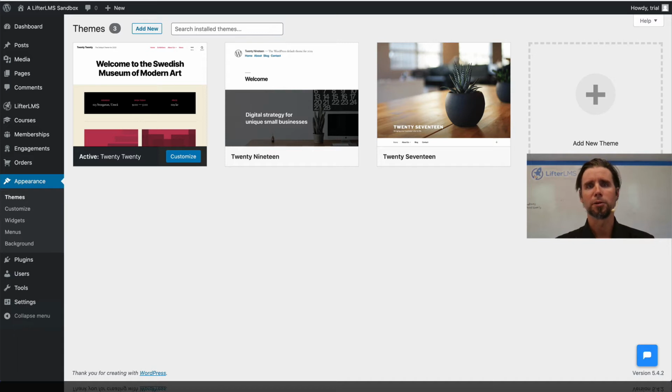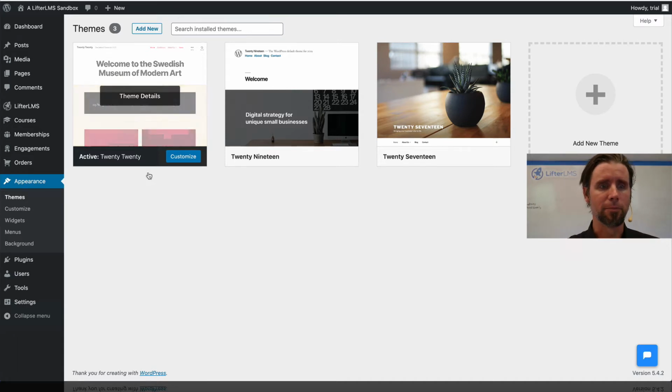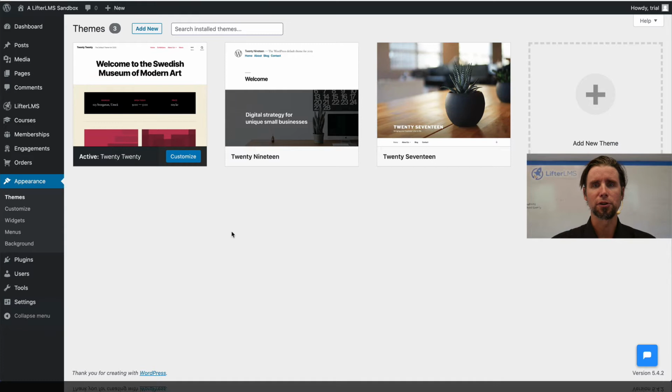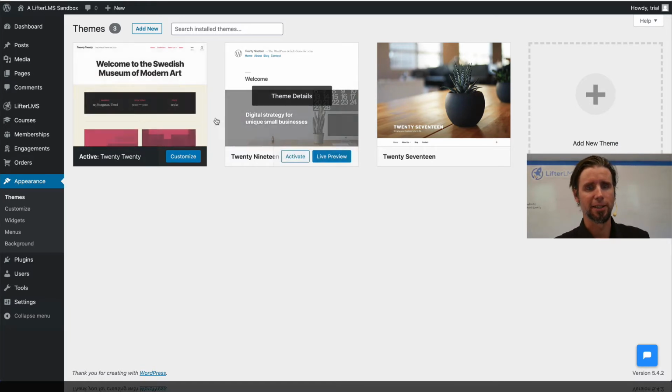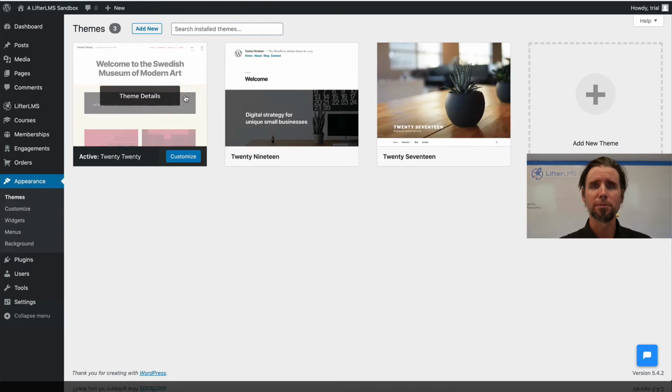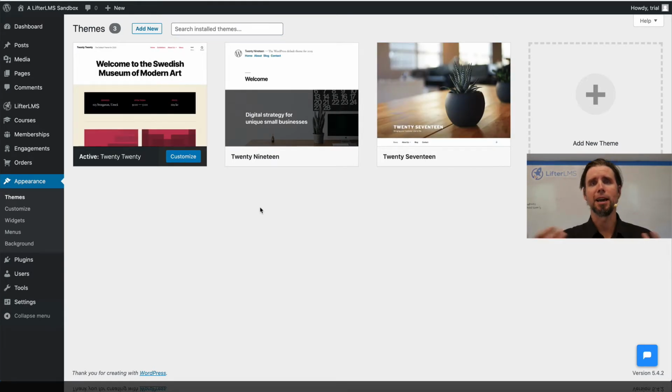So every WordPress website needs a theme, and when you first install WordPress or sign up for a hosting account that has WordPress on it, it comes with these default themes. There are literally thousands of themes out there, both free and paid, and any well-coded WordPress theme will work for